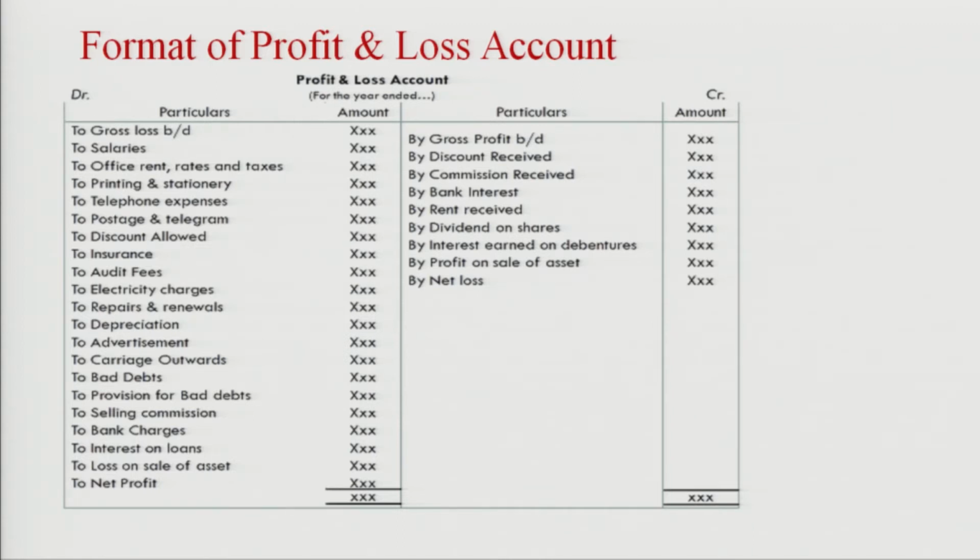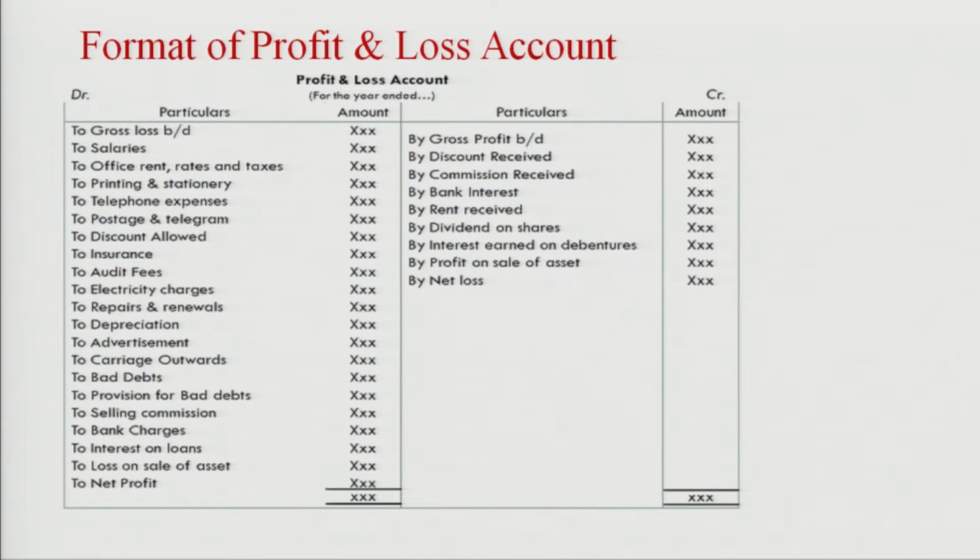So, first is gross loss. If the company is having a loss in the trading account, then this loss is part of this one here, gross loss, followed by salary. Look, on your left-hand side, the debit side refers to the expenses and the credit side refers to the income. So, followed by the gross loss, we can see the salary,